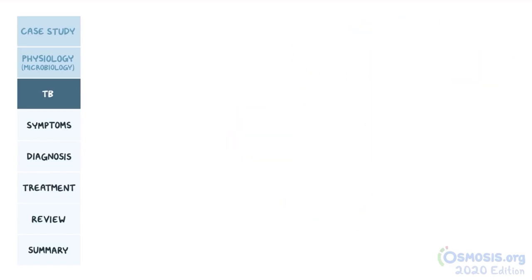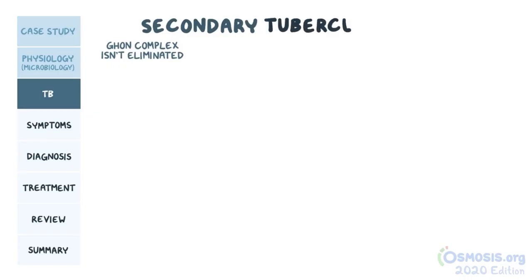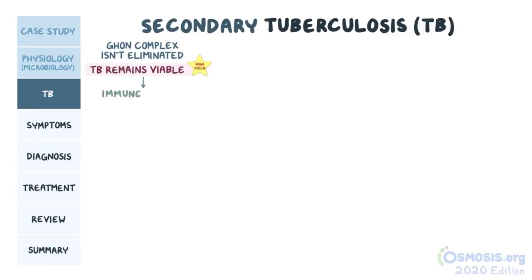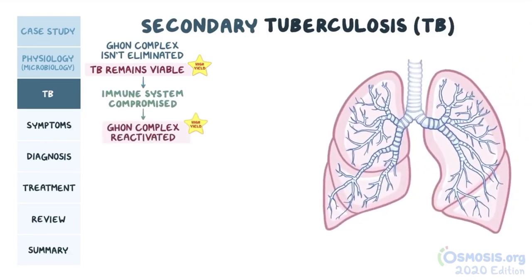However, if the TB bacteria in the Ghon complex isn't eliminated, we can get secondary tuberculosis. Even though the bacteria are walled off, they remain viable but latent. If and when a person's immune system becomes compromised, the Ghon complex can become reactivated, and the infection can spread throughout the lung parenchyma. Another high-yield fact is that the infection usually spreads to either one or both upper lobes